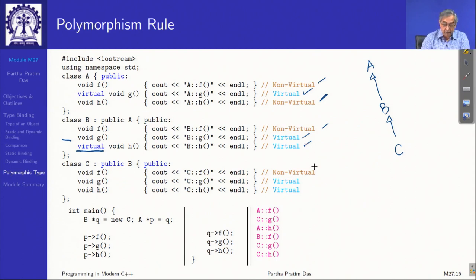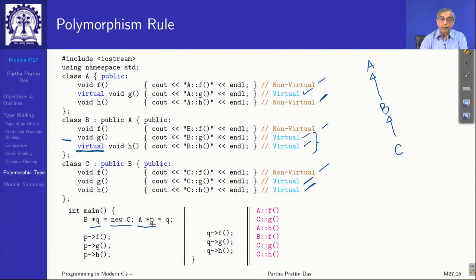Now, I have C, which is overriding all three of them. F is non-virtual because it was non-virtual. G and H both have become virtual in B, so it will be virtual in C as well. So, with that, if I create a C object and put the address to a B type pointer and have